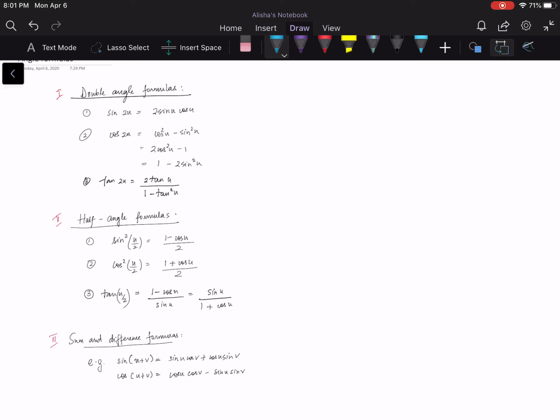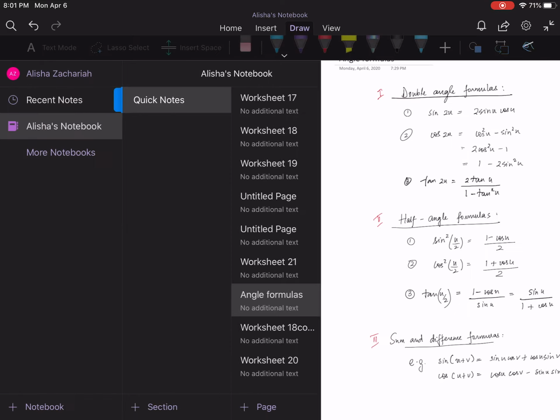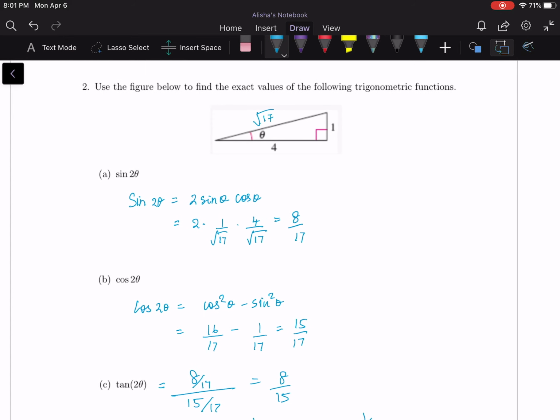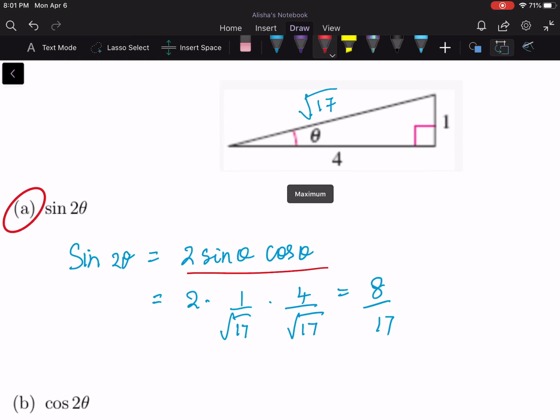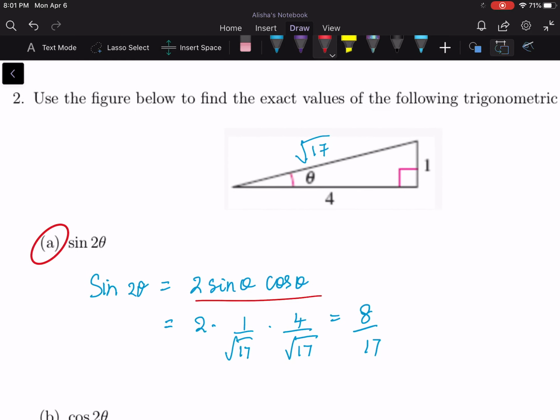So let's try to apply these to worksheet 21. Looking at question 2, let's try 2a. So it's sine 2 theta. If I refer back to my formulas, I know that sine 2 theta is 2 sine theta cosine theta. And looking at this figure, I can